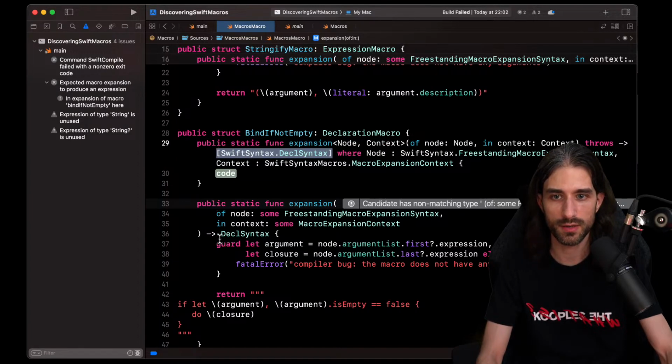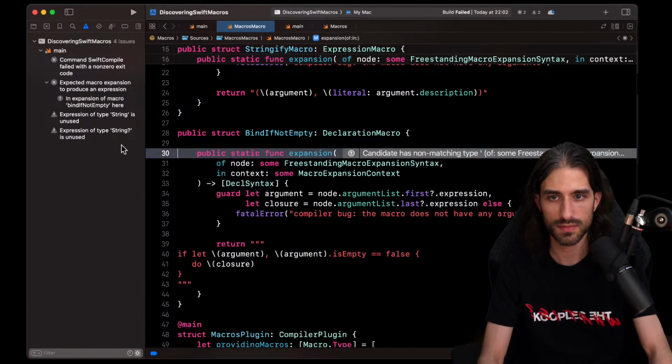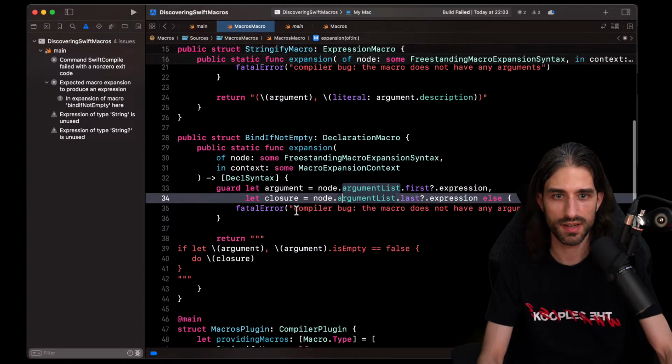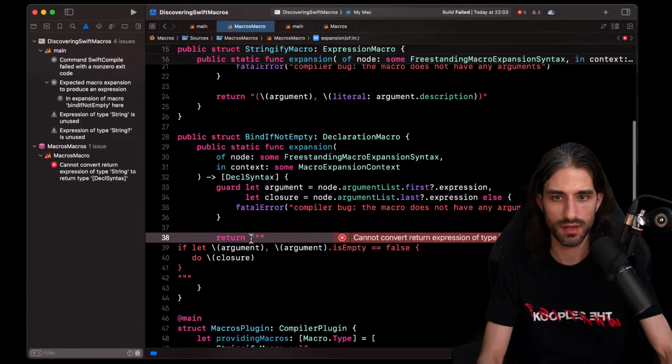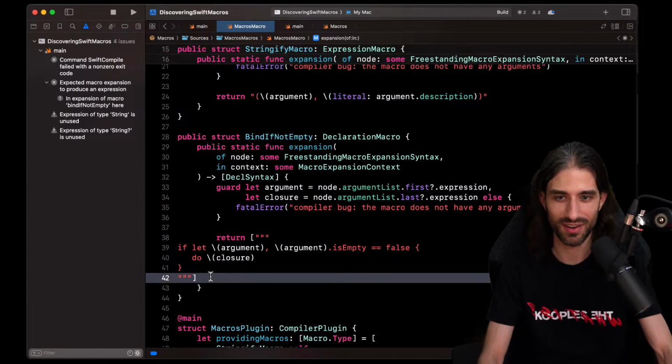Okay, so that's why: it returns an array of declaration syntax. All right. And now I need to return an array, which I don't. Can I try just lifting this into an array and hoping that it works? Or is it more complex than that?